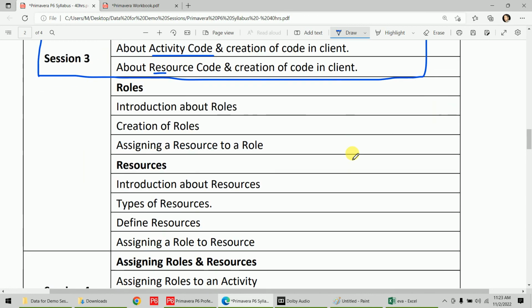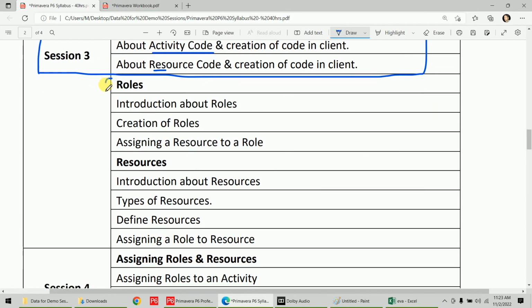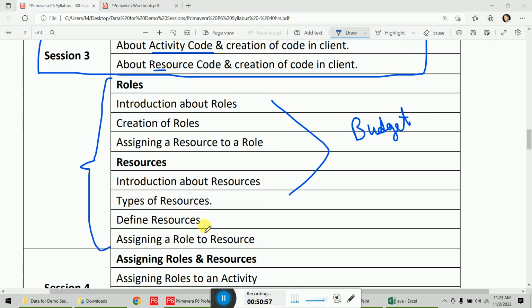Now after this, here come roles and resources. These will affect your project budget. From this you will create your project budget. Now we will start this one, but first we will close this one so that